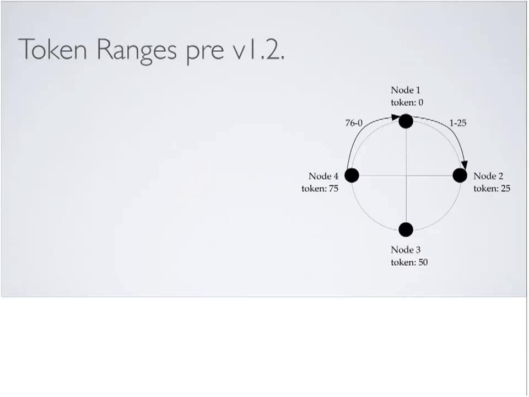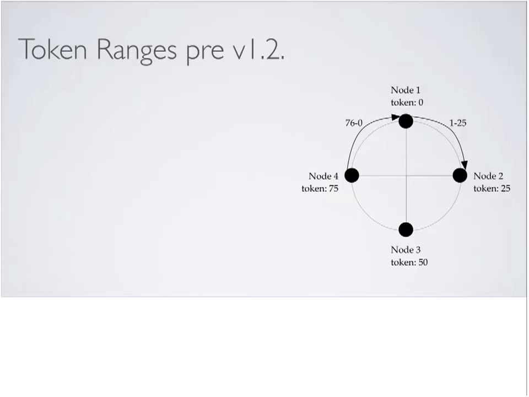which is what we do. Prior to version 1.2, we assigned each node a token, and that allowed us to break up the token space and evenly distribute it. If we look at node 2 here, we can see it has a token range from 1 to 25, because the token range starts with the first value after the previous token, which was 0, so the first value is 1, and comes around to node 2, and it's inclusive at that end, so the token range is 1 to